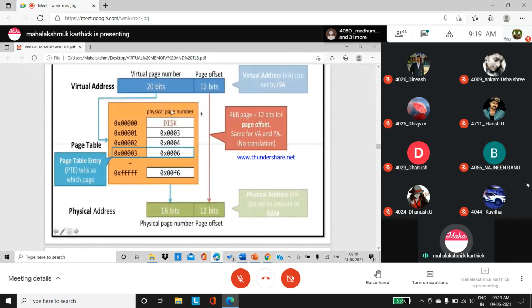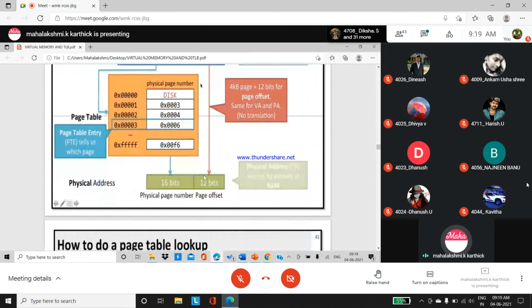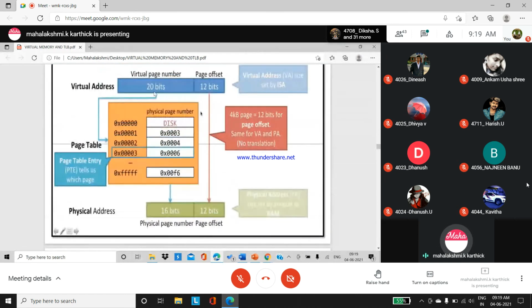So this page table entry tells which page the particular information is available in the RAM. 20-bit representation for the virtual page number, 16-bit representation for the physical page number, because it differs. The 32-bit representation is a 28-bit representation, so accordingly the page number will shrink to 16-bit.